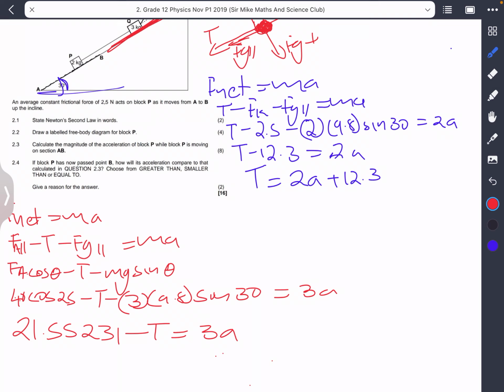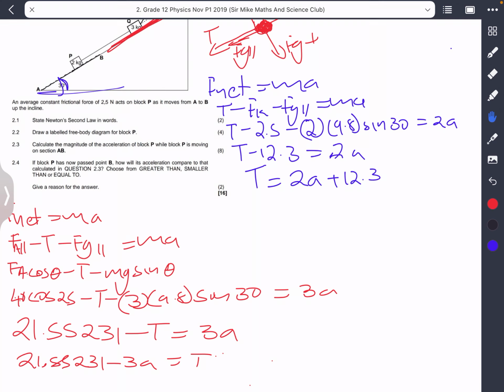So in this case, if you do your mathematical gymnastics there, you would have 21.55231 minus 3a being equal to T. Now, remember I said that whatever tension you find using block P would actually be the same tension that you find using that block